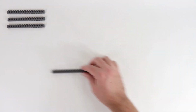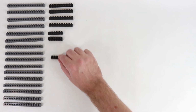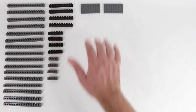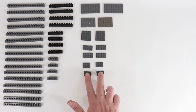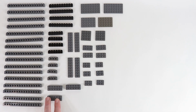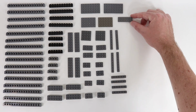The parts I'm going to use for these missile launching pistol grips are 16 1x16 Technic bricks, 4 1x10 Technic bricks, 4 1x6 Technic bricks, 4 1x4 Technic bricks, 2 4x8 plates, 2 4x6 plates, 2 4x4 plates, 4 2x4 plates, 6 2x3 plates, 4 2x8 plates, 4 2x6 bricks, 2 2x3 bricks, 4 1x8 plates, 4 1x6 plates,